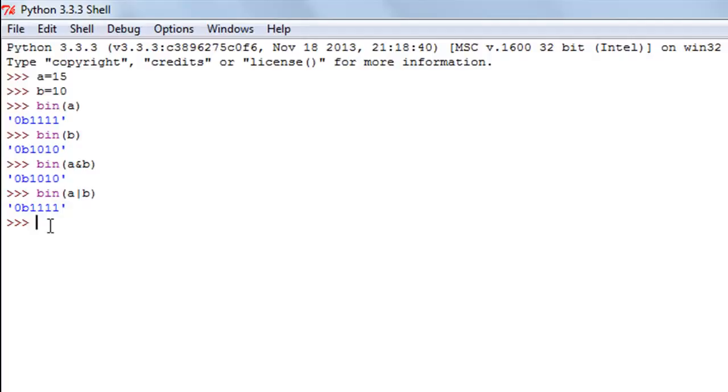And the last bitwise operator that we're going to check out is the exclusive OR operator, and the symbol for that is the hat symbol, and you would find it over the key 6 on most standard keyboards. Obviously you'll have to shift up. So I'll type in bin and then within parentheses A and then the hat symbol and then B, and this is also known as the exponentiation symbol in some languages,